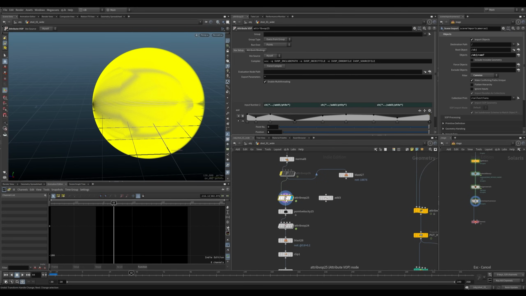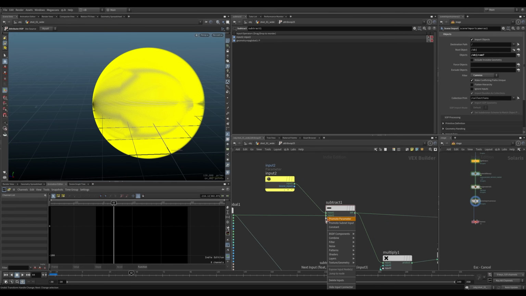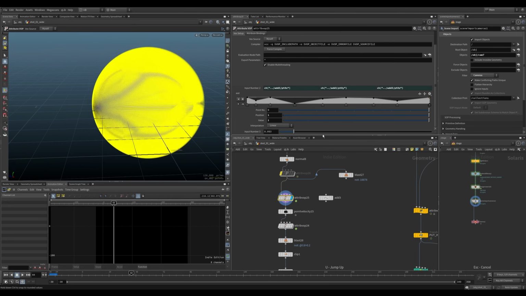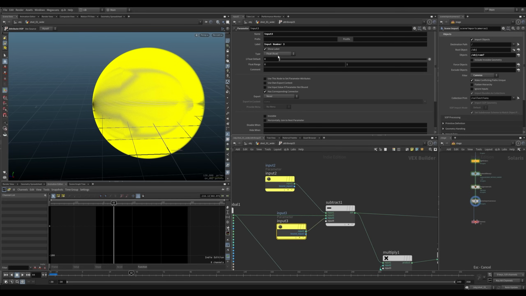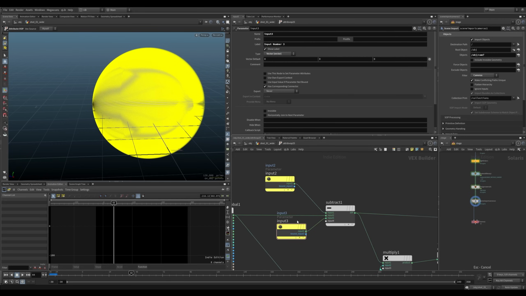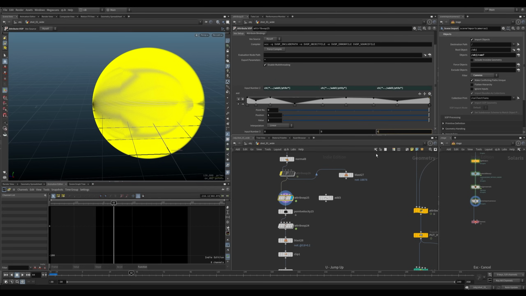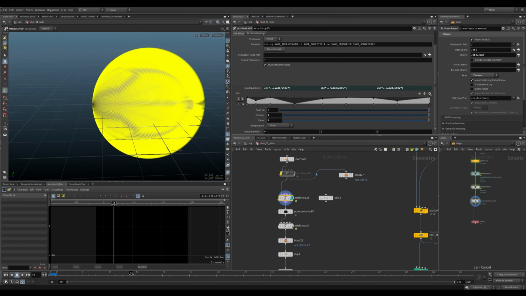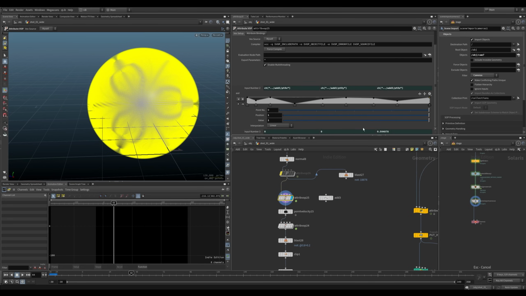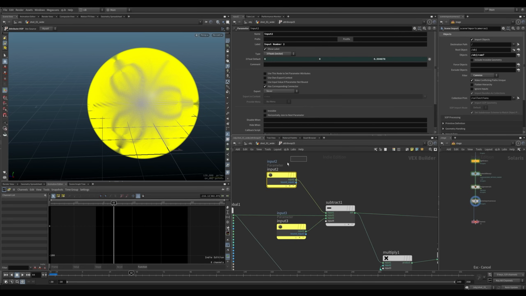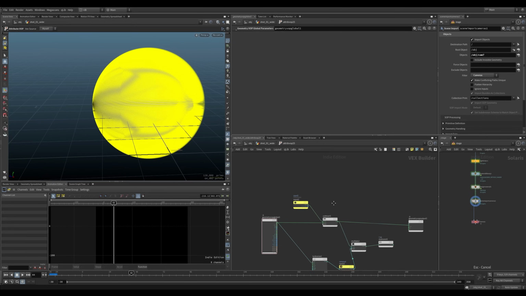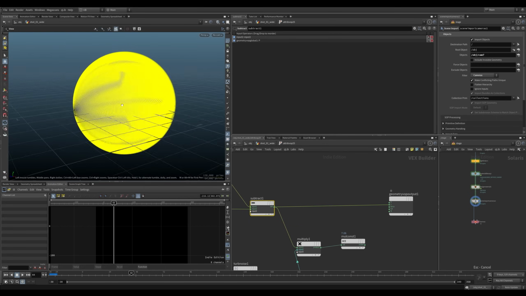The way I'm controlling this is when you do a subtract and then you promote your parameter, right now this is just a single value, but you can go here and change this to a vector. And when you change this to a vector, you get X, Y, Z. Now on this point, you can copy paste this parameter, which is its position, and you paste it here. Now this position here is going to be the position of this point. I hope that makes sense. And then you subtract everything and you get this. So now we have our direction